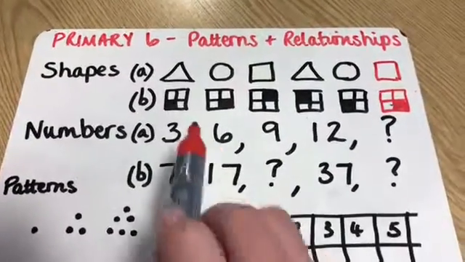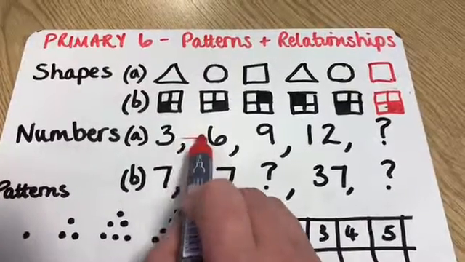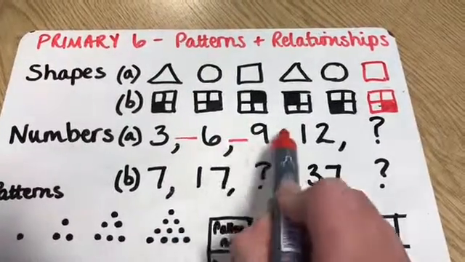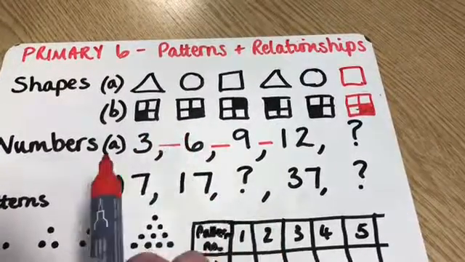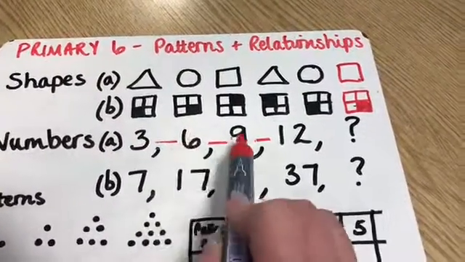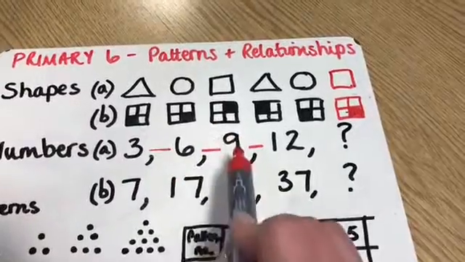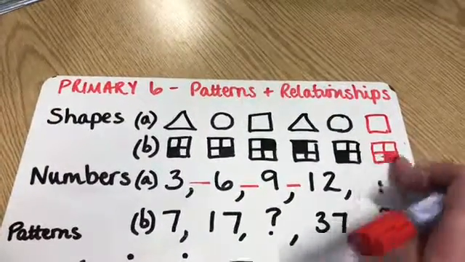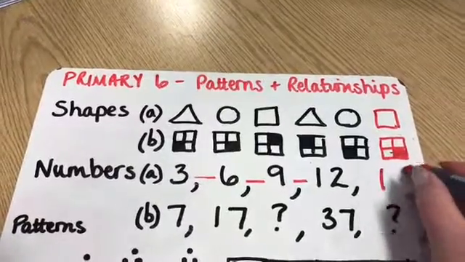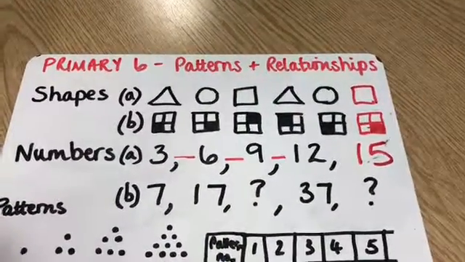On to numbers here. They are looking to see what the difference between the numbers is to find out what they are doing each time. So hopefully they would realise that 3 to 6 is 3 jumps, 6 to 9 is 3 jumps, 9 to 12 is 3 jumps. So the missing number is 12 add 3, which is 15,